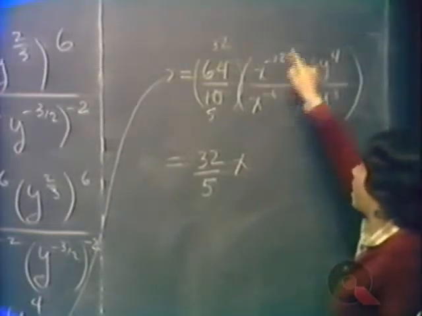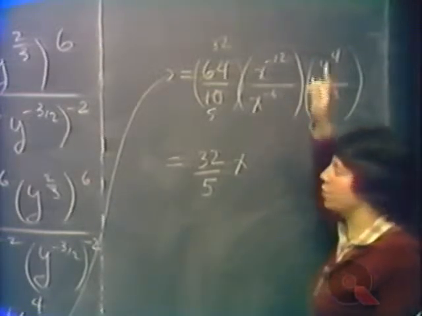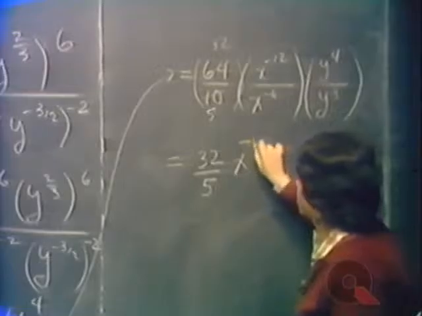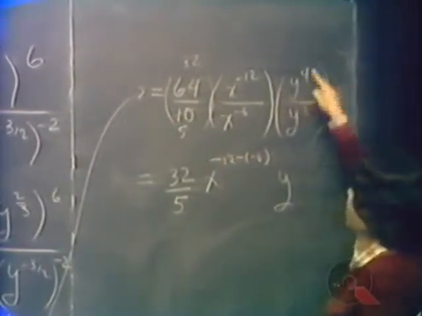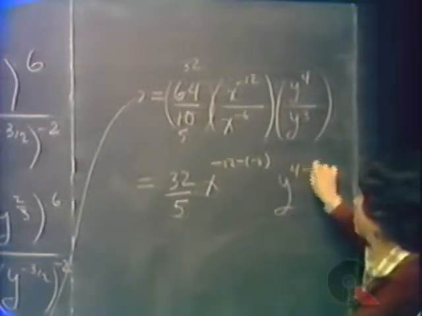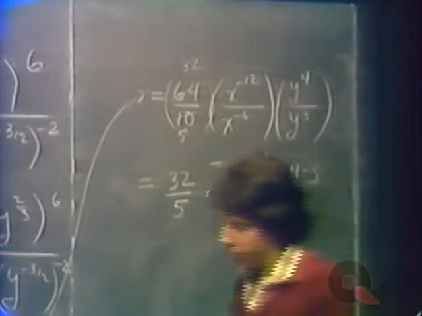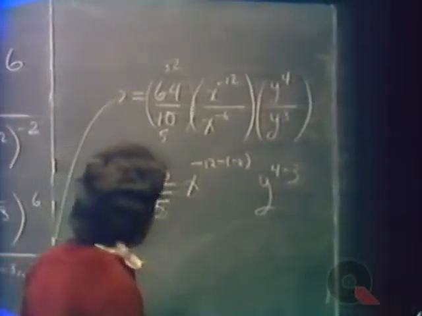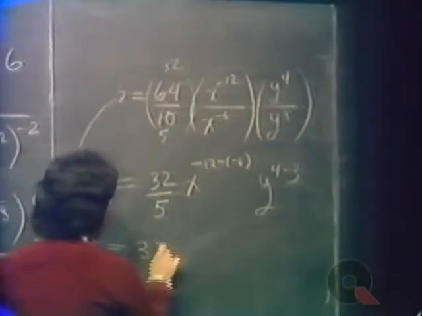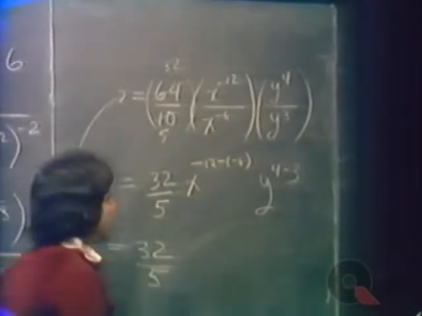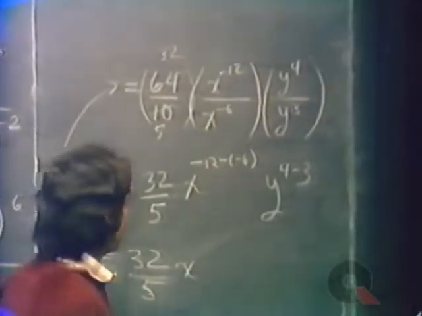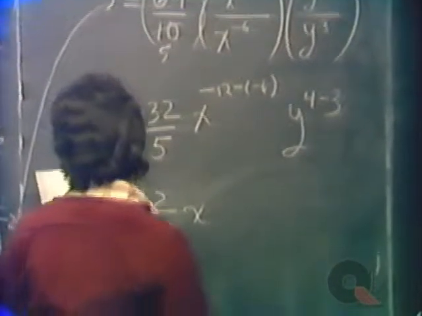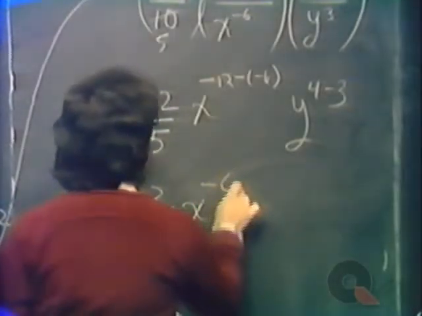x to the a over x to the b is x to the a minus b. That is minus 12 minus, minus 6. And here, y to the a over y to the b is y to the a minus b. When we divide the same base, we're going to subtract the powers. So 32/5, x to the minus 12 minus a minus 6, minus 12 plus 6, or minus 6 power, y